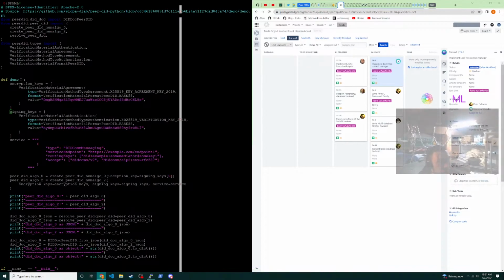Implement lock-free context manager that is readable from multiple threads. Okay, so this is in Rust. So Epic Link parity with Sawtooth. Okay, so they are trying to build this thing on top of these new